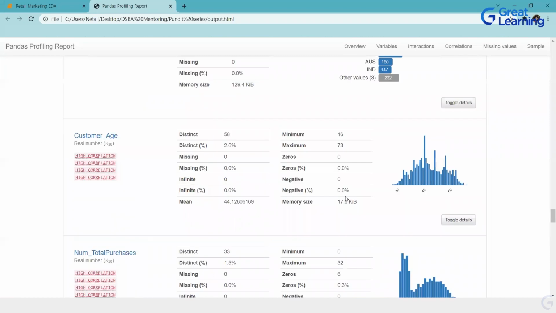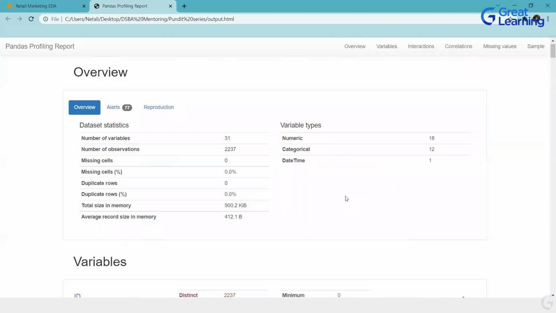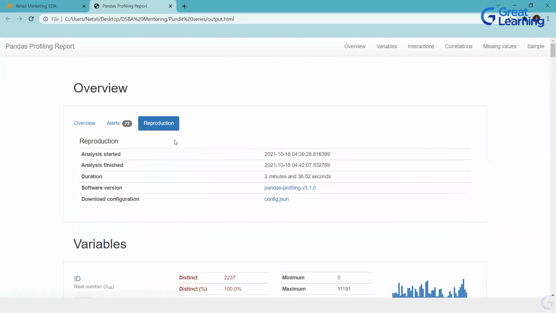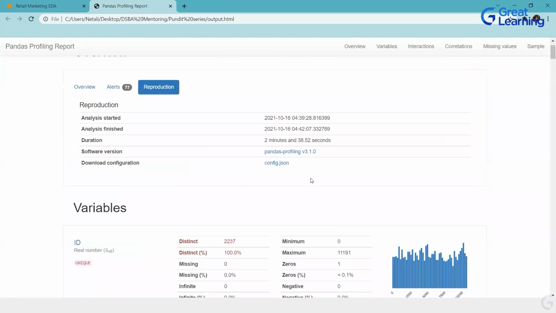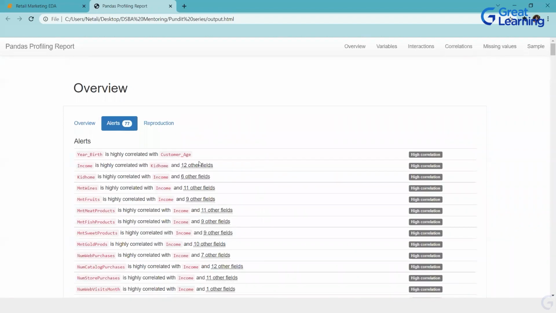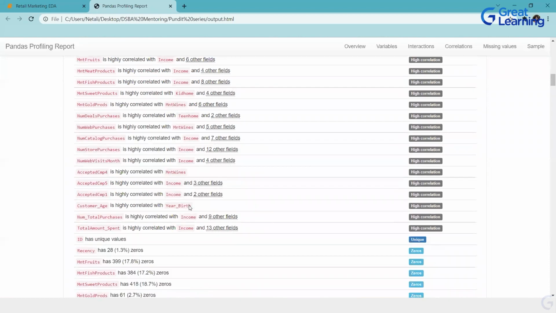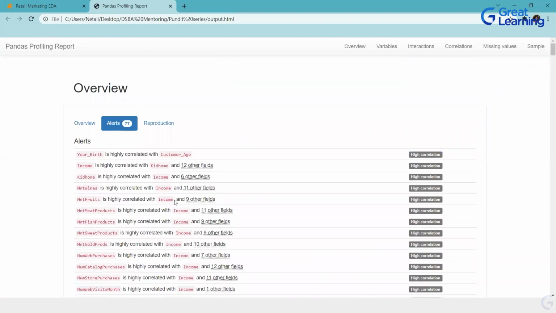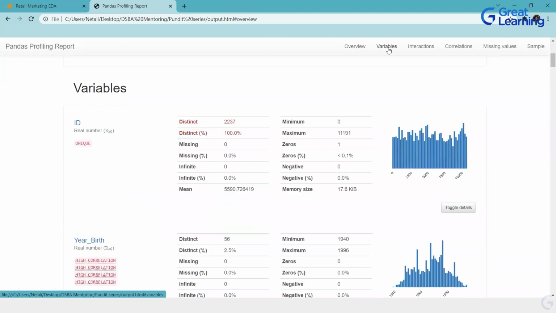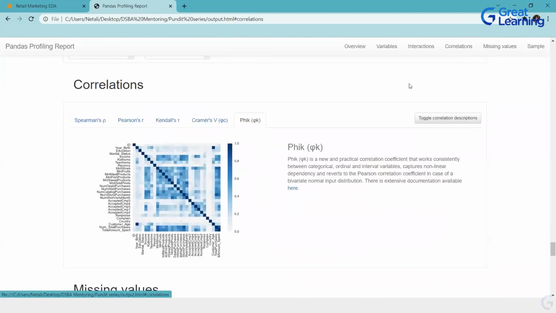This is Pandas profiling. For each and every column you get all the details. If you go on top and look over here, you have these, again the same different variables. It is giving you some alerts, like highly correlated with this. It gives you details about the high correlations too, and which other variables each is correlated with. All this information is in Pandas profiling. You can see the overview, go to different variables, and see the interaction view directly. It will take you to this chart. You have the correlation view.